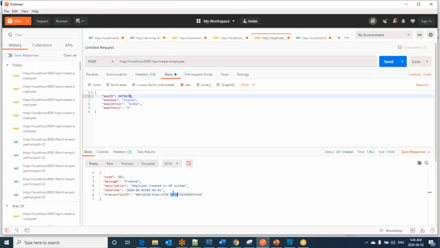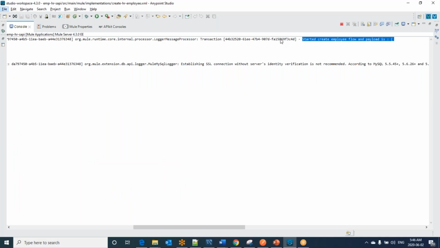Whatever transaction ID is sent over the response, the same transaction ID was sent over the request. If the request is not sending the transaction ID, by default we are generating it. I will try to show that too. So we can debug or monitor our logs easily by using the transaction ID. That is the reason we always prefer the transaction ID trait over multiple projects.